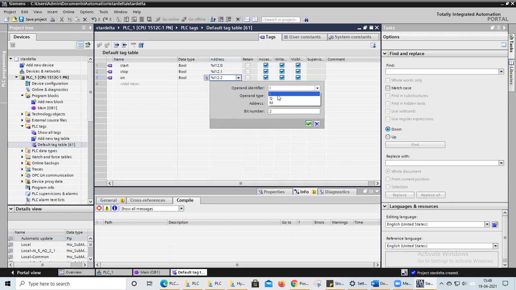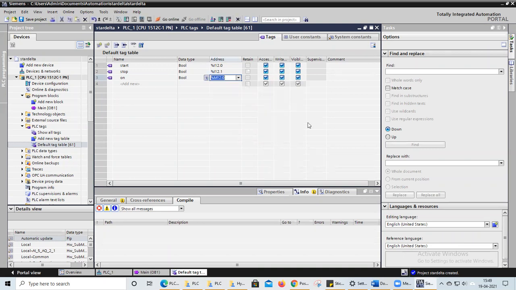Here we have input, output and memory. I will use memory, and I will give whatever address I feel. For example, I want to give memory address also 12.0 only. I feel 12.0 is comfortable for me. If you want to give 6.0, you can give, because it has memory. So my memory is 12.0.